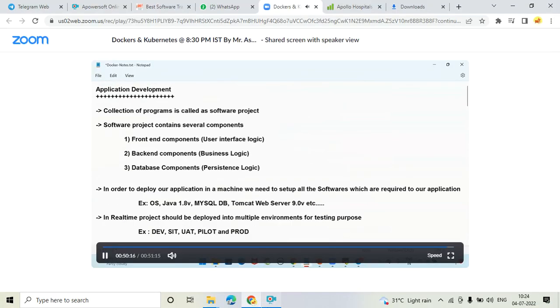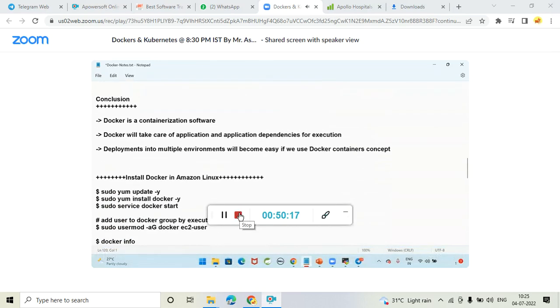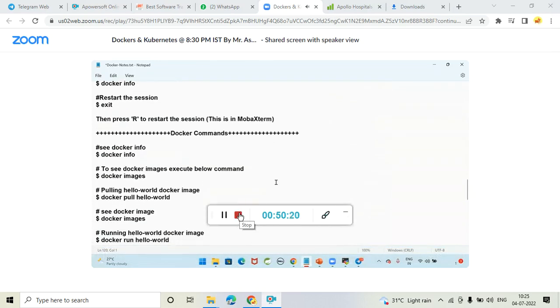Thank you guys. So with this, we completed the introduction part for Docker and we completed the Docker setup in the Linux machine. From tomorrow,